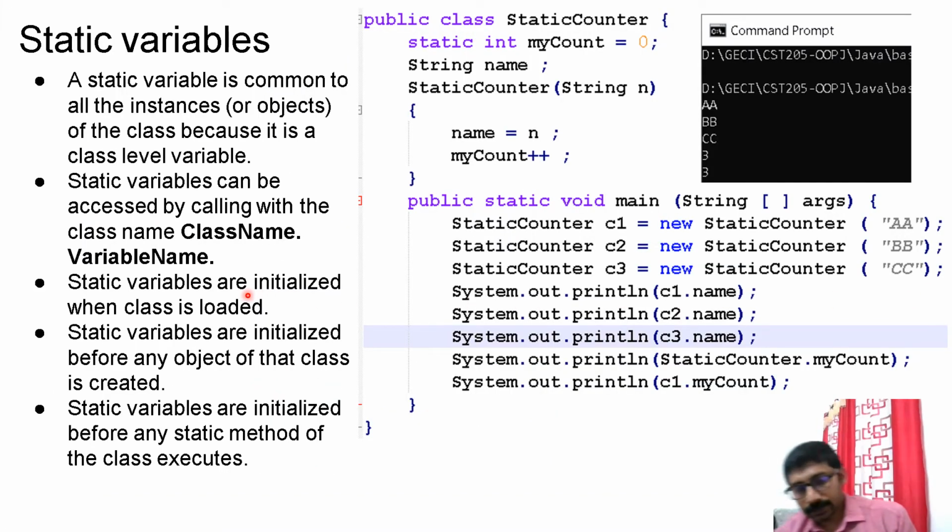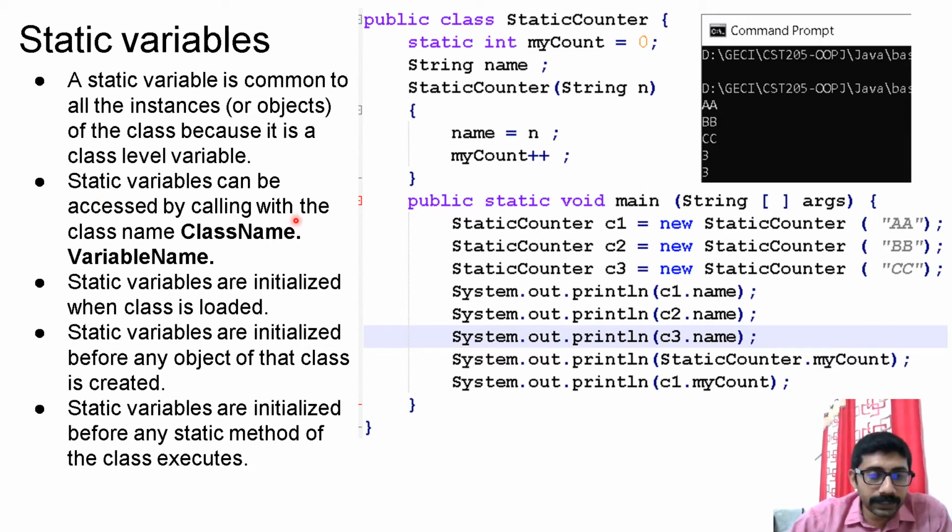Static variables. Till now we mentioned the non-static members of the class. Now we will discuss the static variables. A static variable is common to all the instances, all the objects of the class, because it is a class level variable. Static variables can be accessed by calling with the class name.